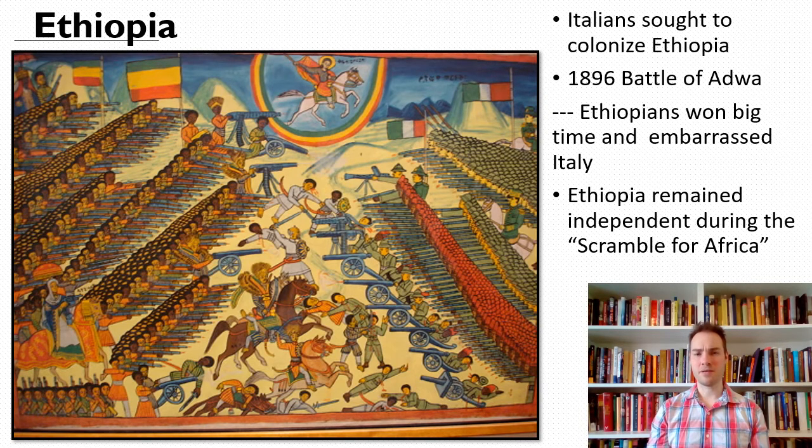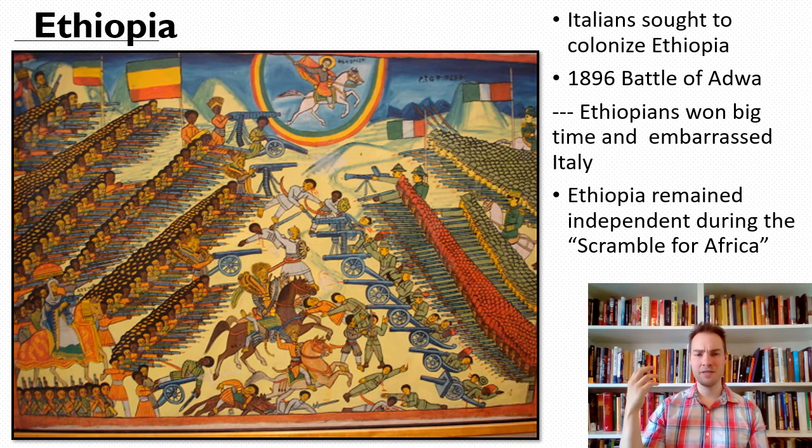It didn't work because Ethiopians had already embraced certain aspects of the modern world, such as firearm technology. So the Italian troops showed up, and to their surprise, there were a lot of Ethiopians ready to fight that brought more modern-looking rifles, more modern-looking cannons, and they were able to resist the Italians. When they did this, it was a huge embarrassment for Italy, and a strange feeling reverberated through Europe and through the United States.